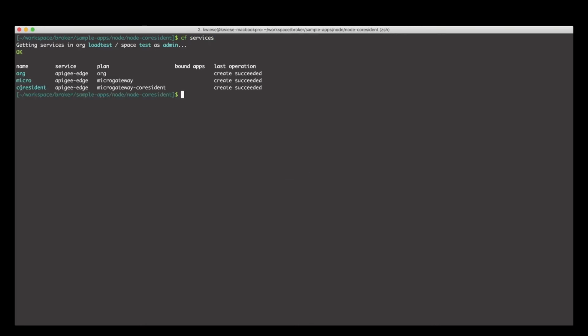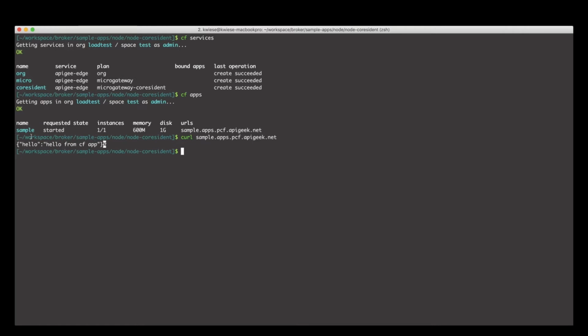So let's go over how we would bind a sample application to the co-resident plan. If you recall, we had a service we made called co-resident that reflected the microgateway co-resident plan. Also, if you remember, we created a sample app, which when we curled that, all we got was a hello from CF app. However, since the co-resident plan installs microgateway inside the application container itself, we actually have to make